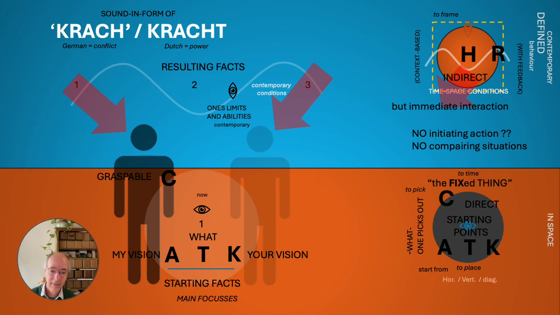The A parts, the ATK, are actually the three sorts of starting points that we can have as pure starting points. The A follows my vision. The T follows what is there, really the facts themselves. And K is more a little bit about your vision. So these three letters are the facts, my opinion, your reality, and that's how we're going to phase them to each other, with the letter C there as well, which is the